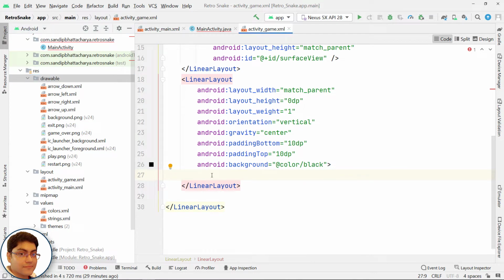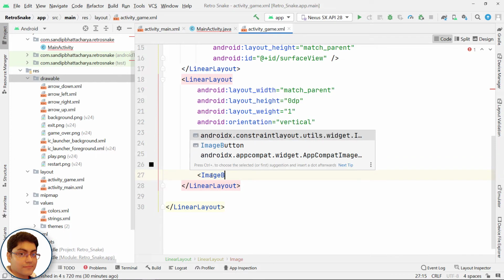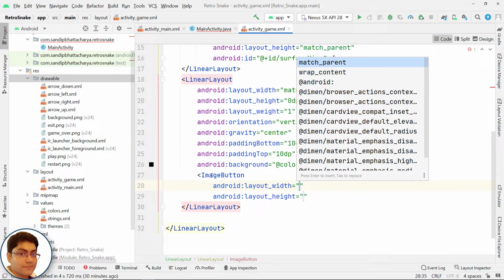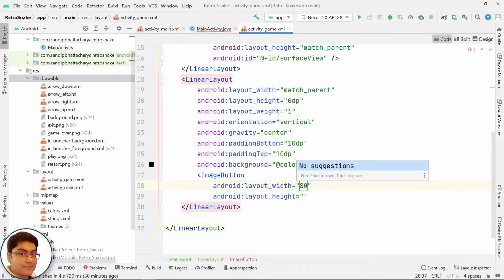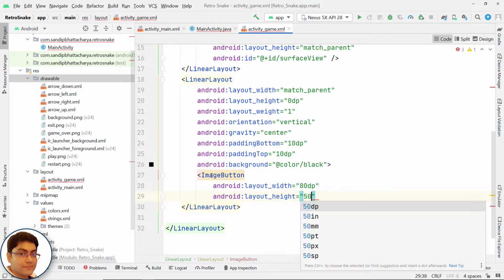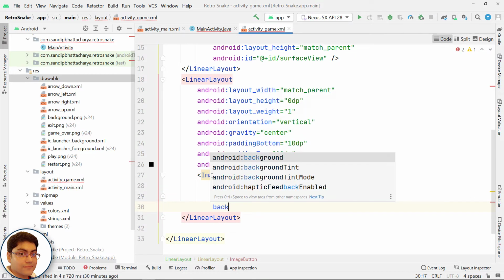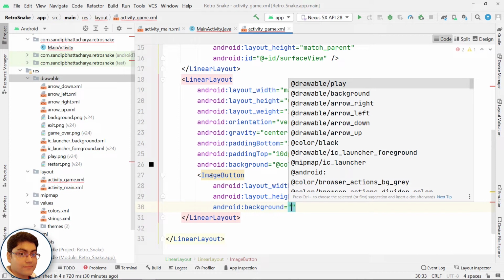Next, add an image button for top navigation. Image button. For layout_width, write 80 dp. For layout_height, write 50 dp. For background, add